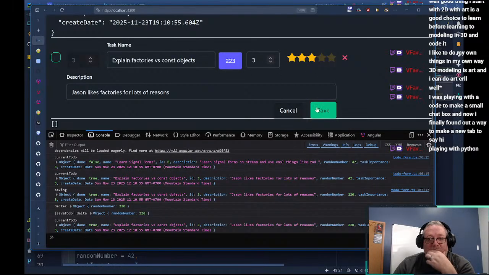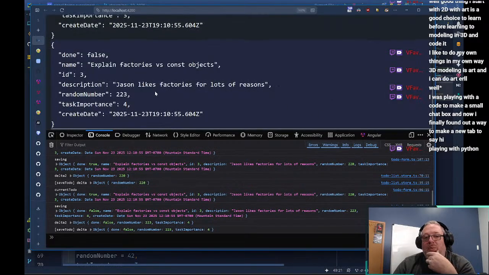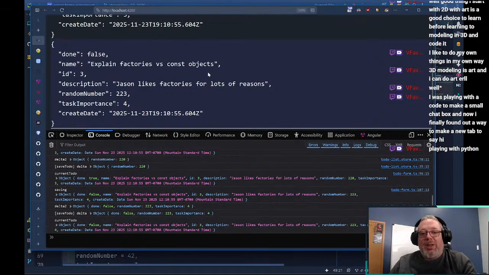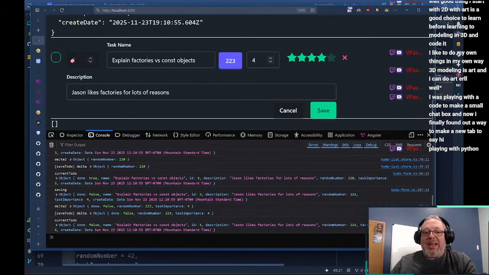But yeah, we're in a better place. We've created a better user experience because now they can't edit a field that we don't want them to edit. It's just there purely for display.